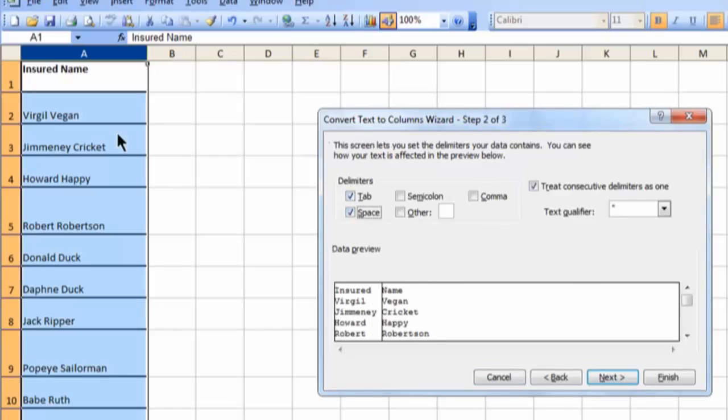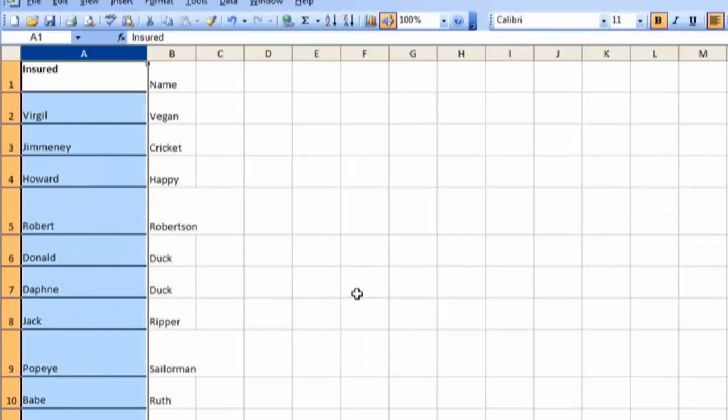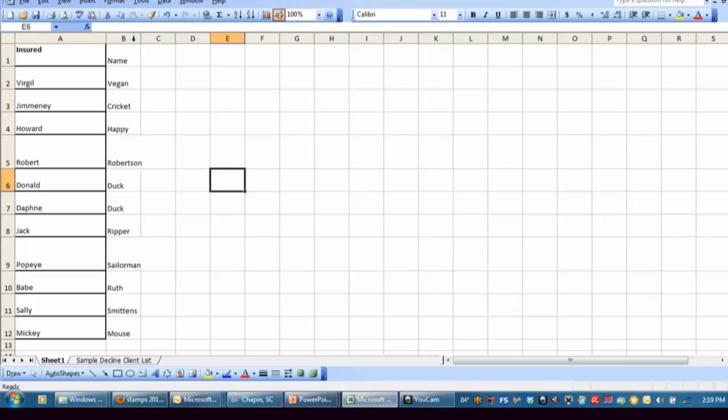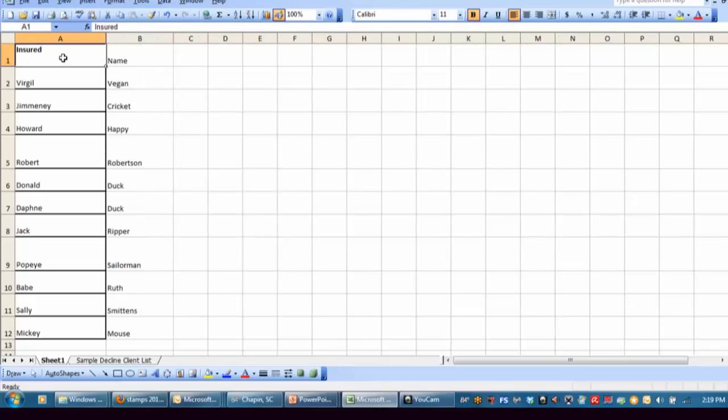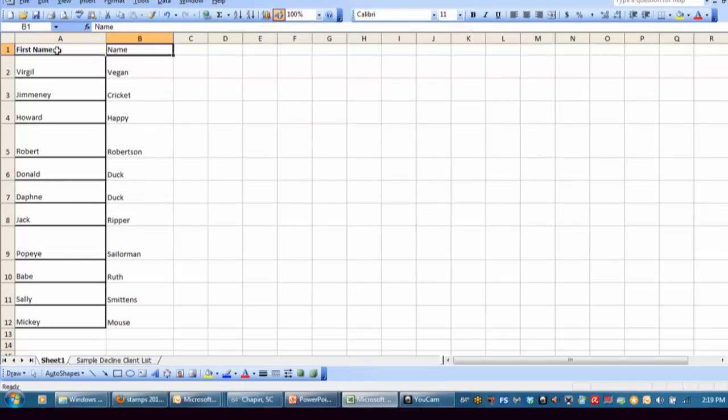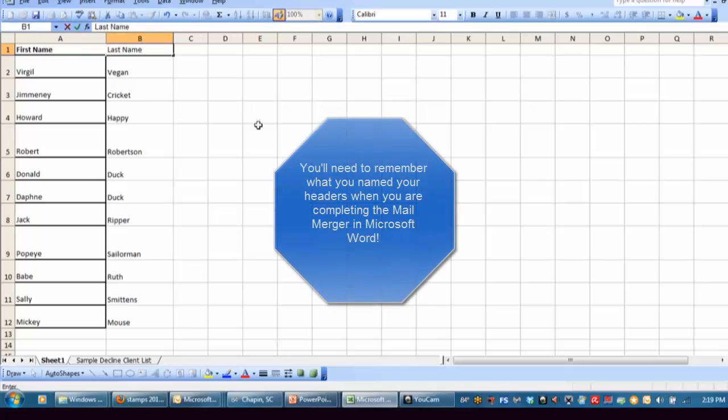Delimiters, click on space because there's a space that is separating the two, and so you can see now it's going to go ahead and separate the first and the last name. So at this point I can go ahead and click finish. And there we go. Got the first and the last name. I'm going to go ahead and name this header first name, and this one last name, and I'm done. I'm going to go ahead and copy